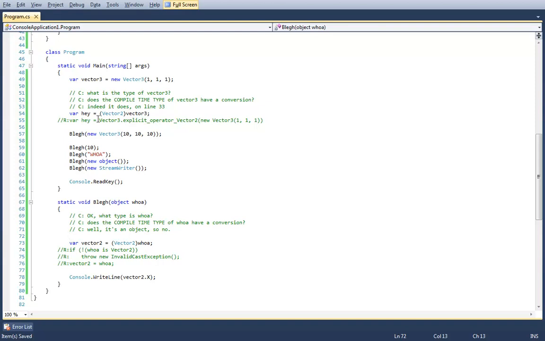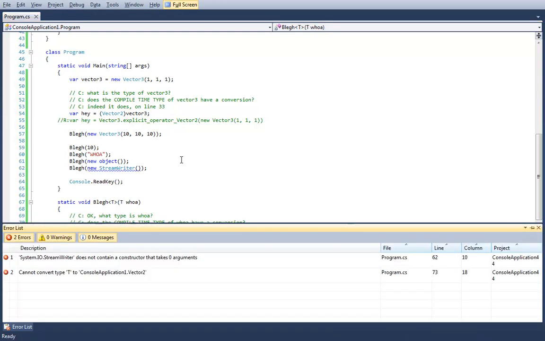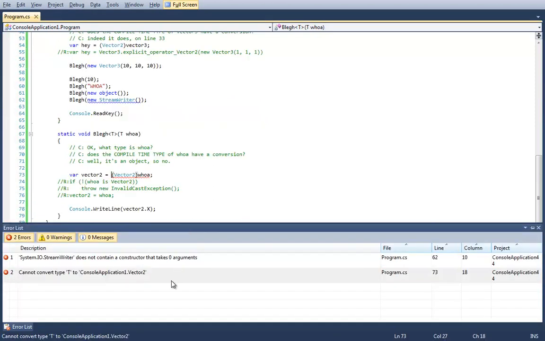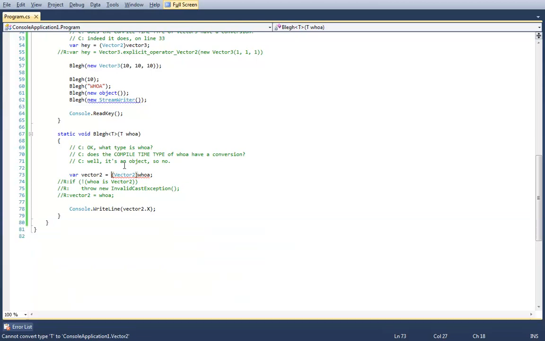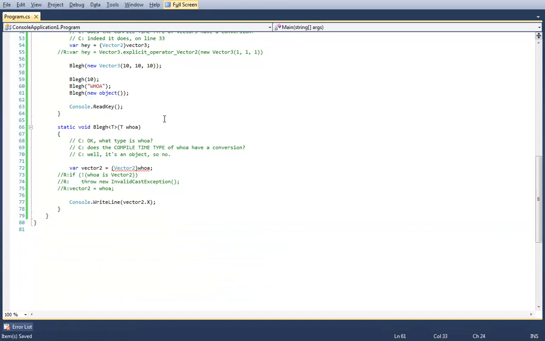Is it possible to cast the type with a generic? So something like this. What's going on here is when you try to do an explicit conversion with a generic type, you run into a situation where, think about it. I'm going to take off this because that doesn't work. Think about why this doesn't work. I've made ble a generic method, and I have a generic parameter. But the reason why line 72 doesn't work is actually pretty straightforward.